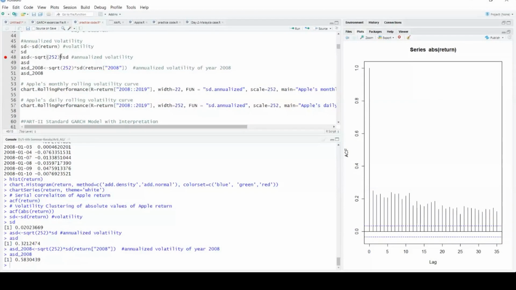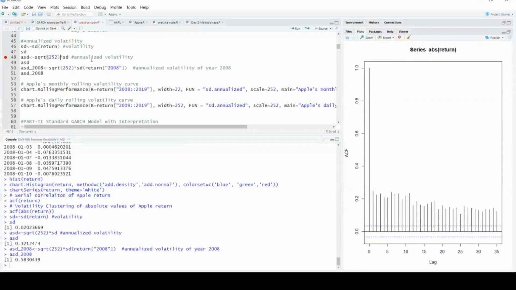There are different procedures, but the point is, if you first want to analyze the volatility on a daily basis, then you have to multiply it by the square root of 252, because we assume the number of trading days in a year is either 250 or 252 at most. So that is how we calculate on a yearly basis.